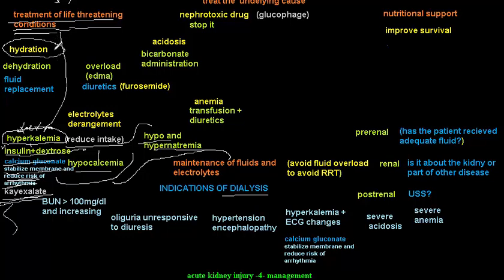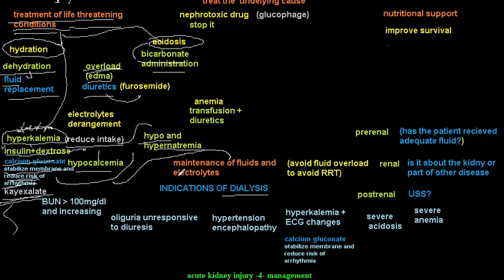which are related to hydration. I told you that in acute kidney injury you may have a case of dehydration or a case of overload edema, or overhydration. In dehydration, we treat by fluid replacement. In overhydration, we give diuretics, the loop diuretic furosemide. In cases of acidosis due to acute kidney injury, we give bicarbonate. So these are the life-threatening conditions: the electrolyte derangement, the fluid imbalance, and the acidosis, each with its